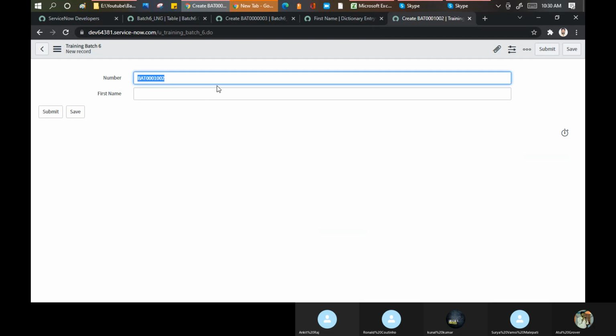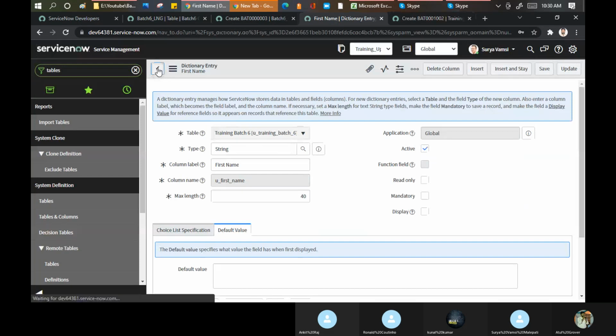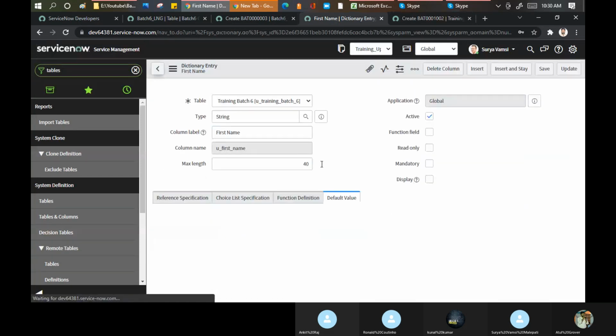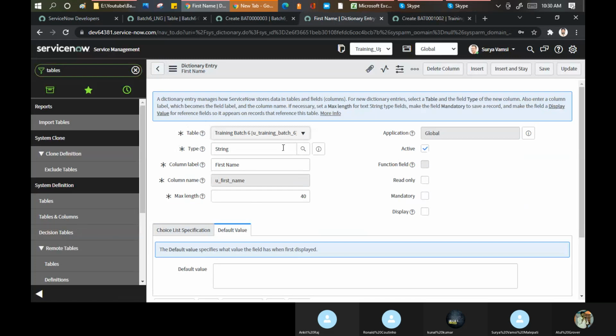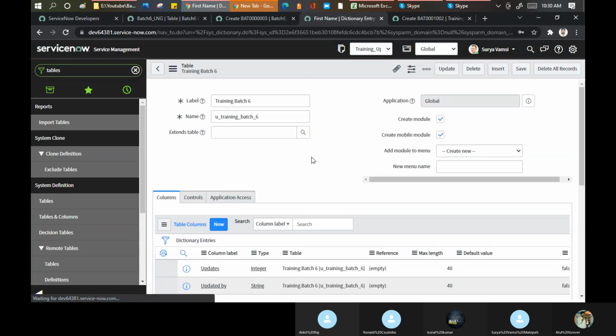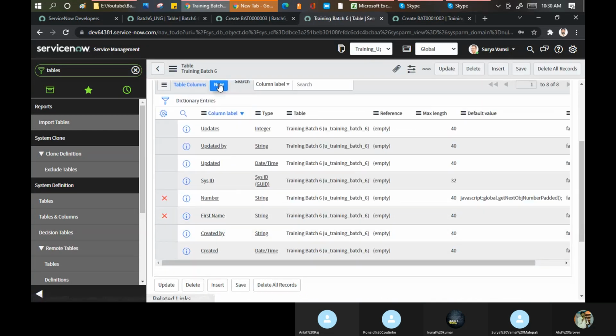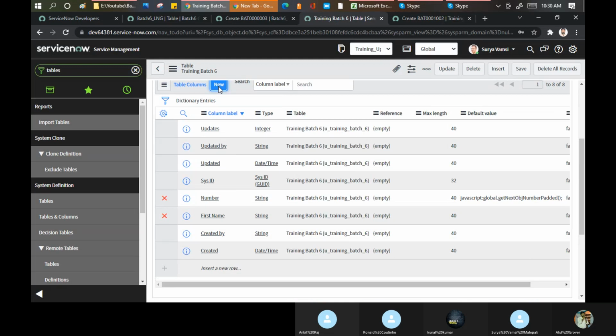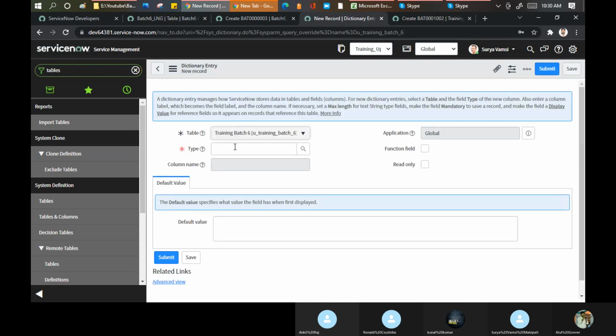2 fields are there. Now I'll go again here. Go back. And I'll create. Where is my table? Now I create 2 or more columns. Then I'll go to the form level. Suppose I want to create a date and time.